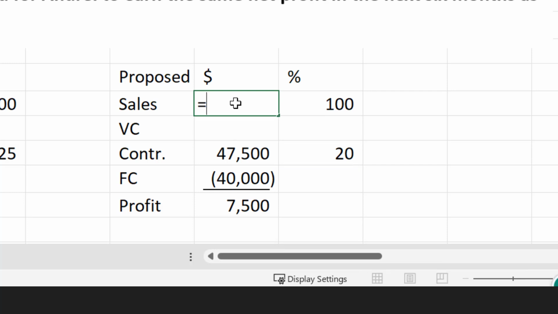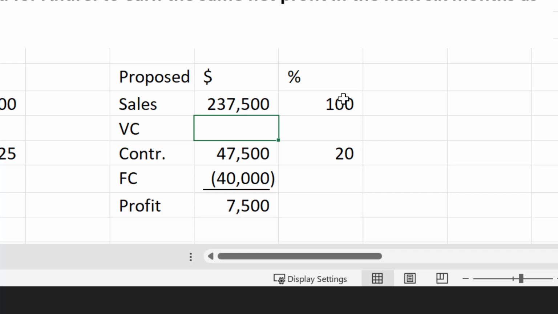The sales will be equal to this contribution divided by 0.2. Or if we just use ratios, it's equal to the contribution multiplied by the 100 divided by the 20. And we get 237,500 as the new